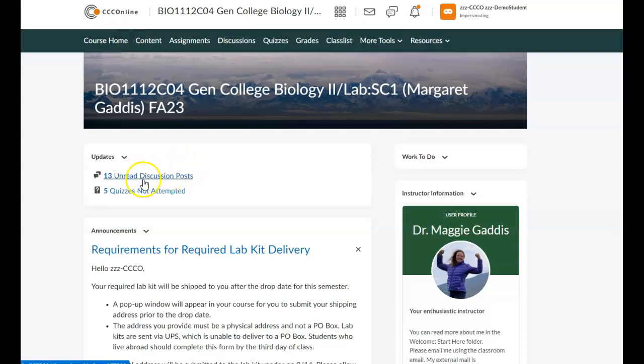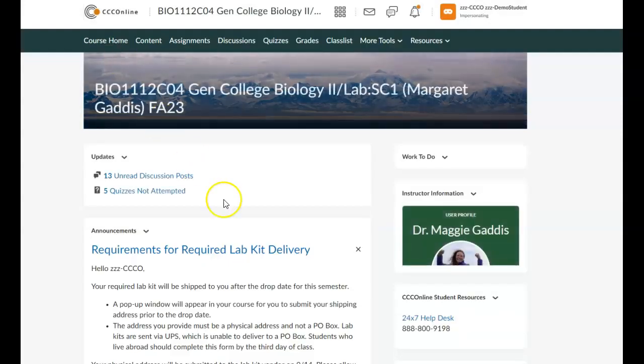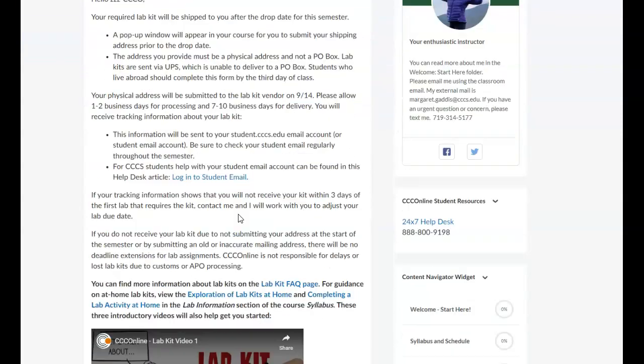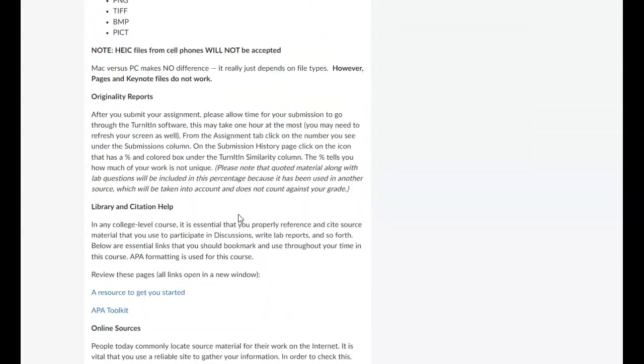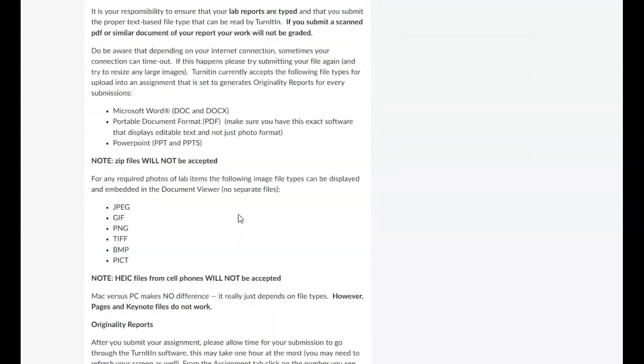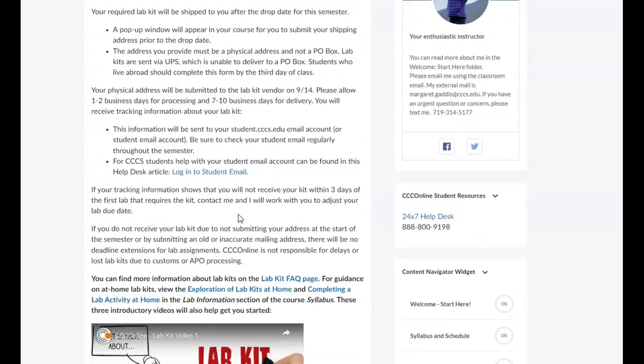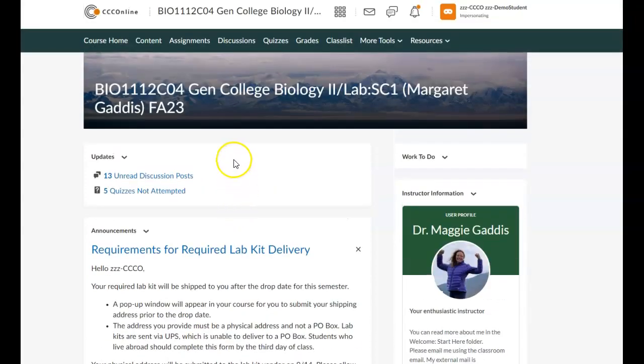When you open the course, you are in the course home, and the course home has announcements. Always scroll down on this page because there might be more than one announcement since you were here last. And I make announcements about important things. So please read those. Now, this green toolbar up here is our main navigation bar,